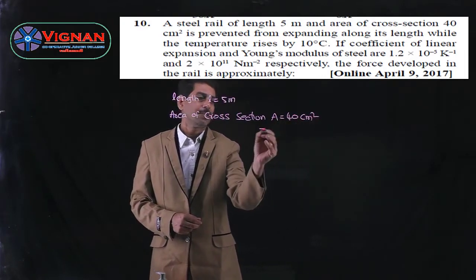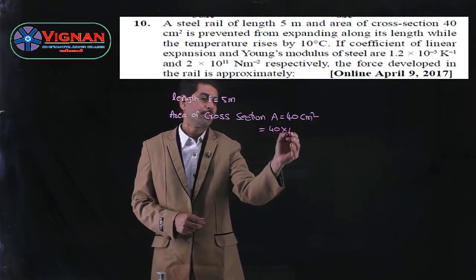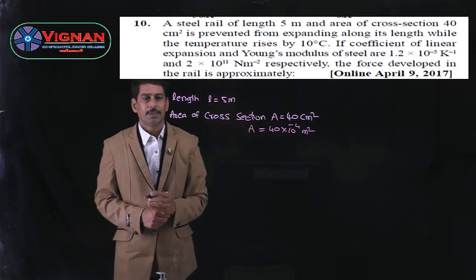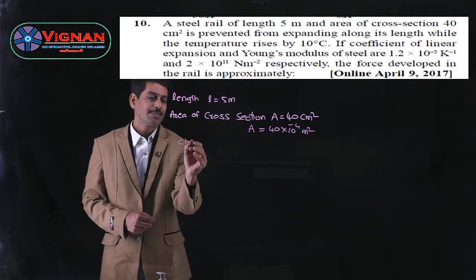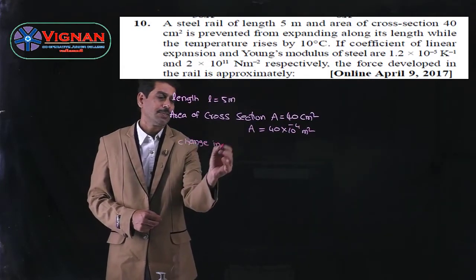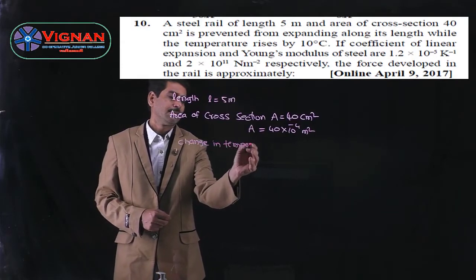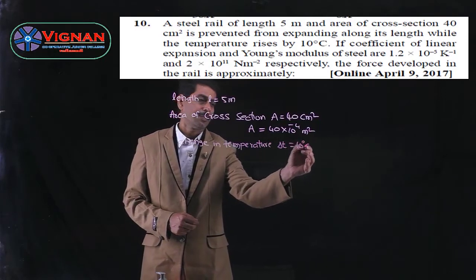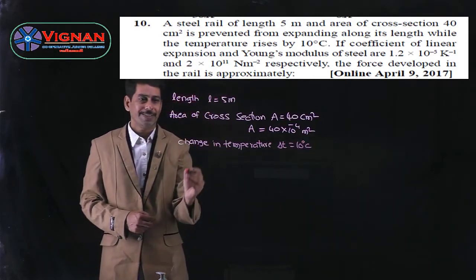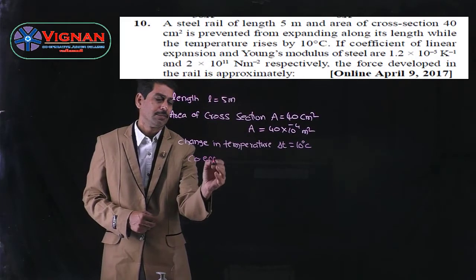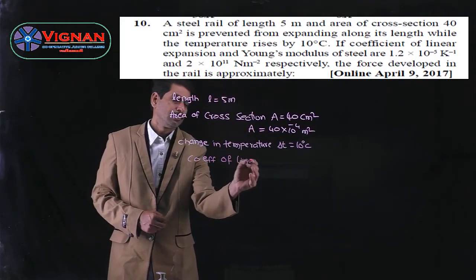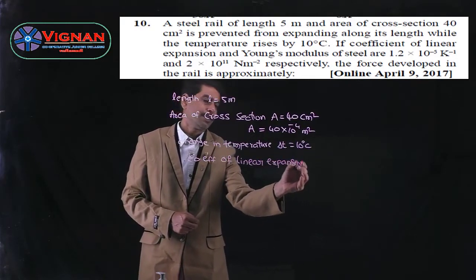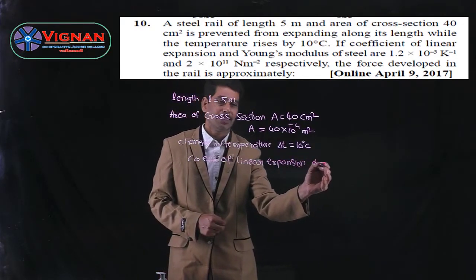So this can be converted into meter square: 40 into 10 power minus 4 meter square is the area of cross section, and the change in temperature, let us call it delta T, is given as 10 degrees centigrade, and the coefficient of linear expansion, which is denoted by alpha, is given as